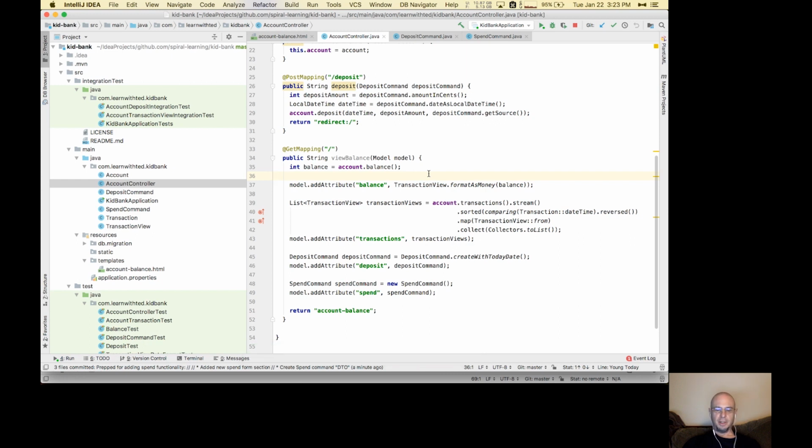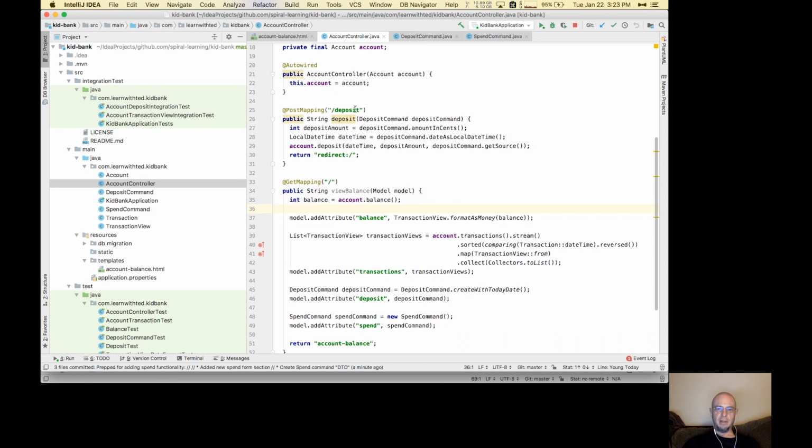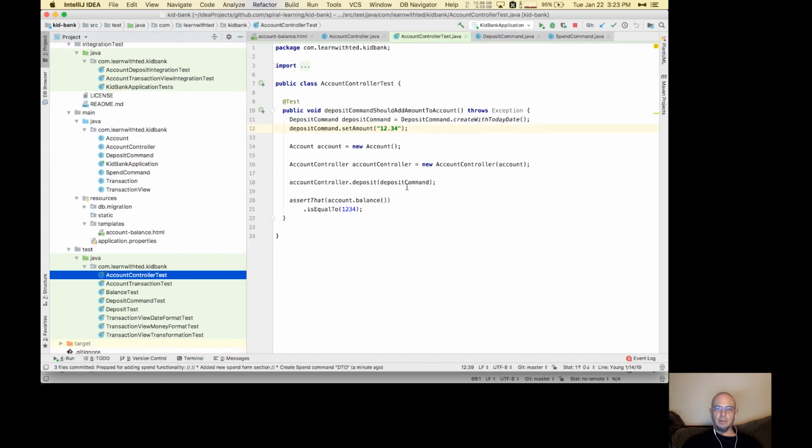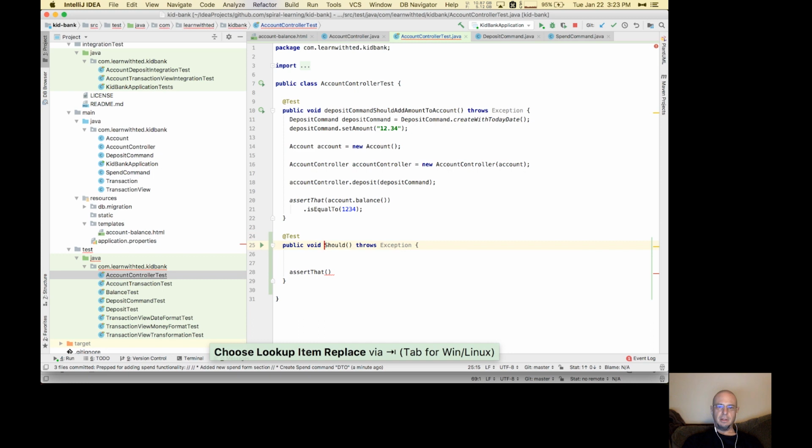which we are in, I'm trying to jump to it, and it's right there. We have a method here to handle the deposit. So we're basically going to have something similar for spend. So let's go ahead and look at our account controller test. Currently there's only one test here, and it's testing the deposit command. So we'll go ahead and create a test for spend command